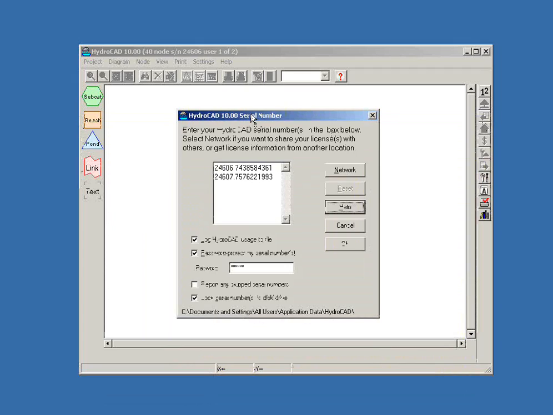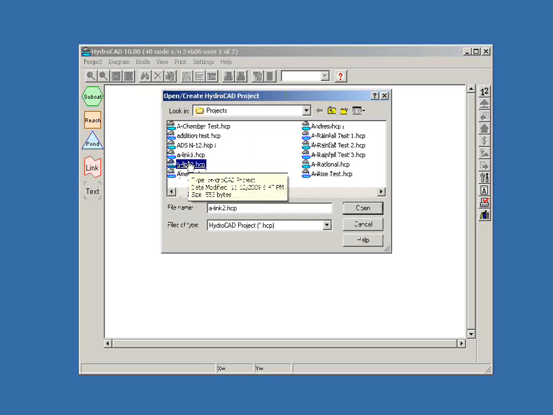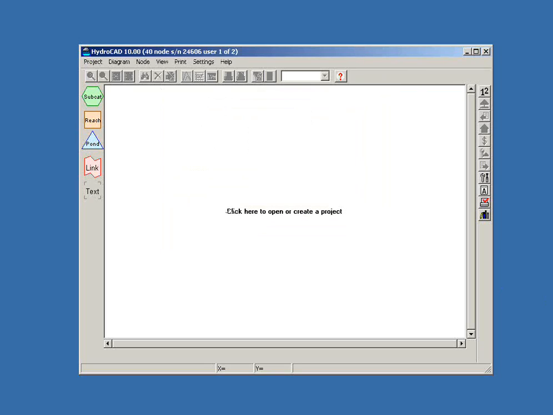Okay. Another general topic on sharing information and network installations. So far we've basically just looked at the program and the license sharing itself. There are the other categories of data that get stored, and the principal one of those are the HydroCAD project files. And these have an HCP extension, a HydroCAD project. And by default, there are a number of sample projects that are installed automatically with your HydroCAD installation. And these are placed normally in your